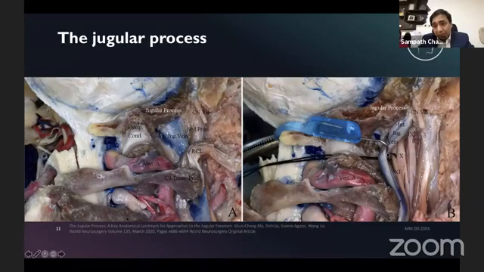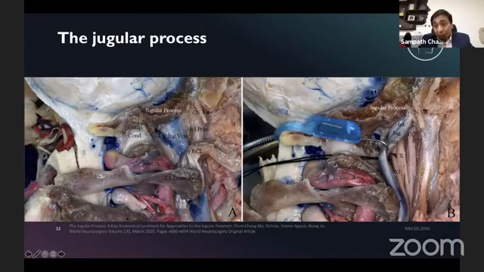structures. Now, we'll begin from this point, transverse process of C1, the arch. So the vertebral artery goes through this arch, and we're not going to discuss the vertebral artery anatomy at this point. So let's go back to where we began. Now, we have removed the mastoid tip here. The entire suboccipital bone has been removed. This is an elastic clip that is retracting the vein here. So once the mastoid tip has been removed, what lies between the jugulo-sigmoid junction? The sigmoid sinus is here. The jugular bulb is deeper, and this is the internal jugular vein. So somewhere in this area, deeper, medially, is the jugular bulb.